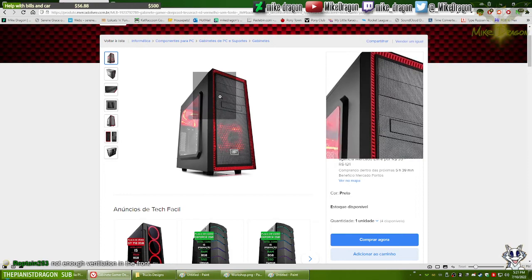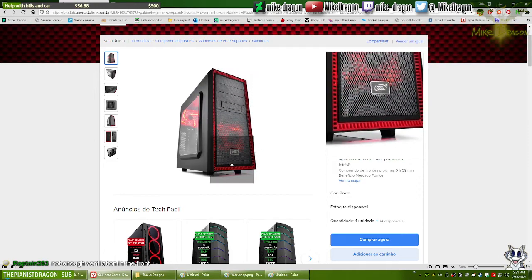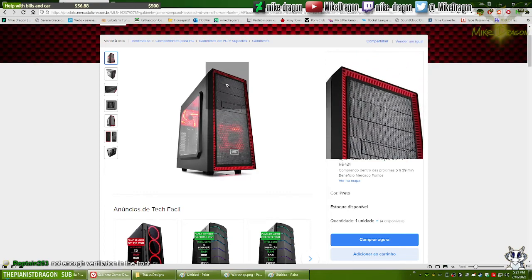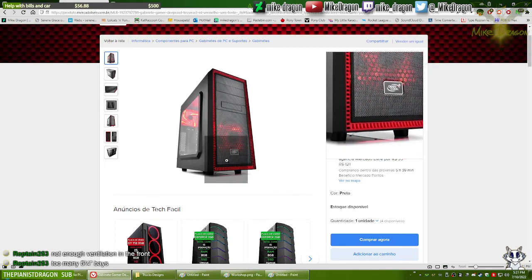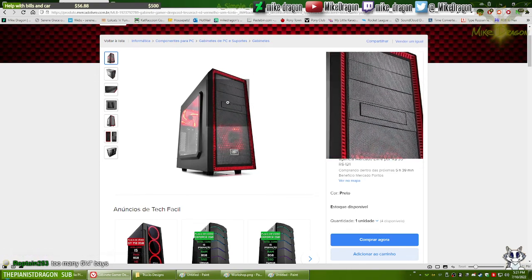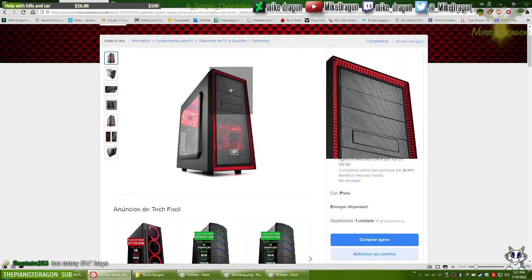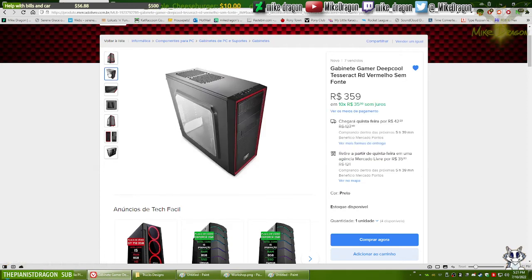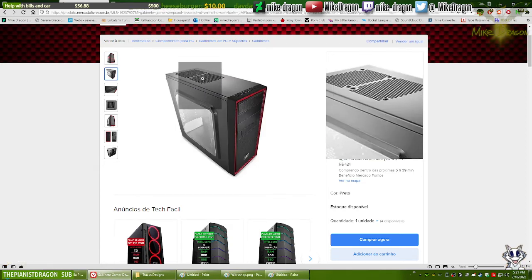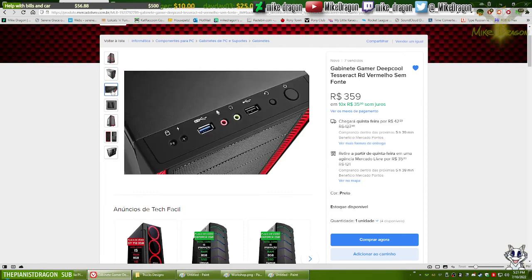Not enough ventilation on the front. Sure. This whole thing here is just a smash. All of this, even these bays here, they are open for ventilation. There's ventilation on the top as well. There's a very nice front panel on the top.